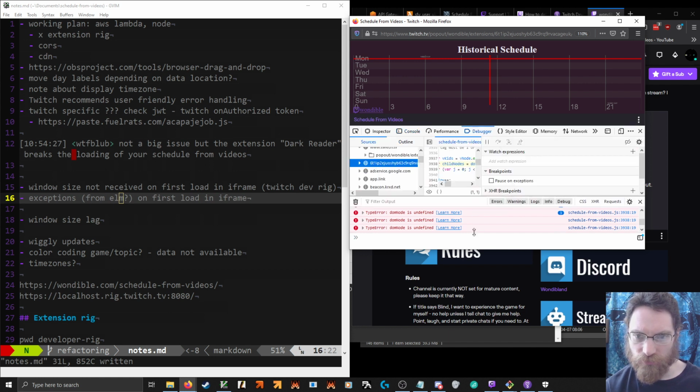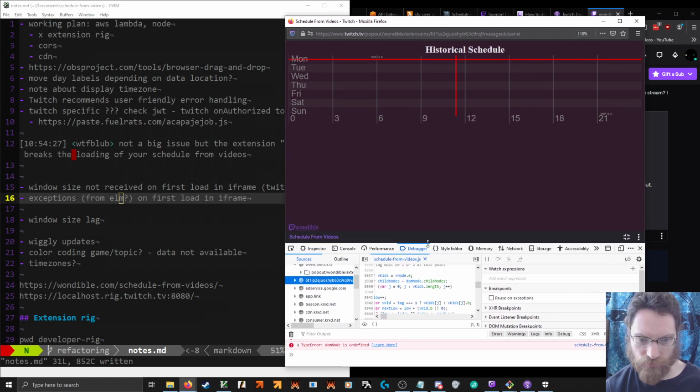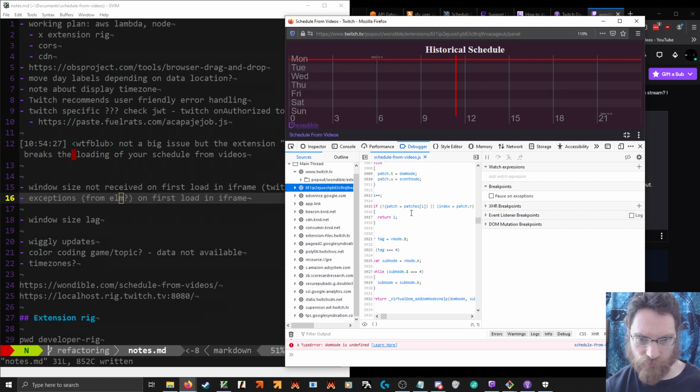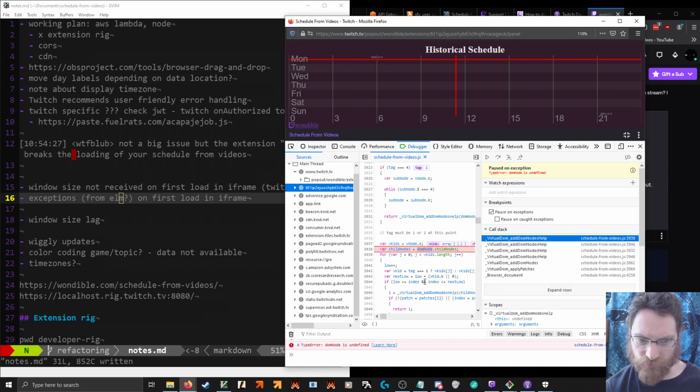So actually, what we need to do... Deactivate breakpoints, pause on exceptions. So DOM node.